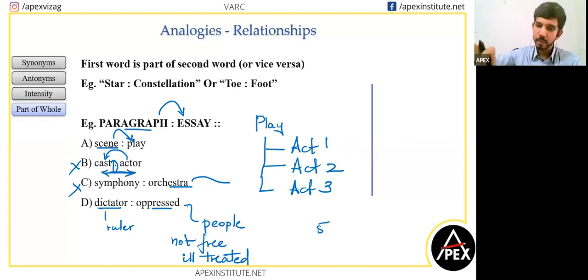So in a play, in a theater, in between acts, you close the curtain and the characters change and the background also changes. So you can move from outdoors, which is like the grounds of a castle. You can move to indoors, living room, bedroom. So all the furniture and all that is changed in between two acts. Sometimes even the audience is allowed to move and go and have some food or some drinks, and then they come back and sit for the next act.